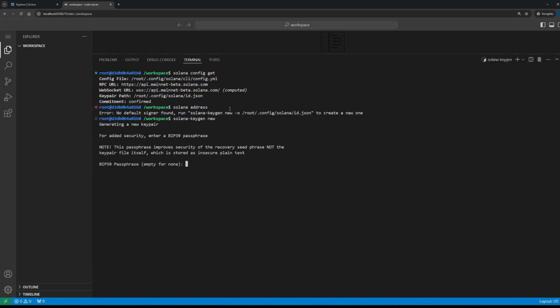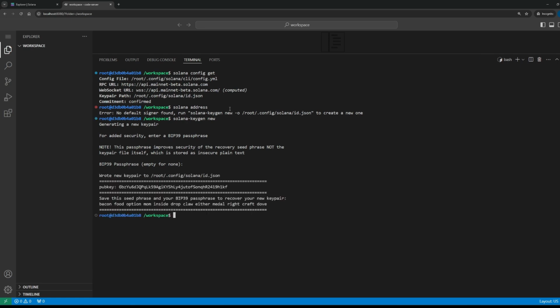So if you press enter, you can press enter a second time, and right now if I use solana address again, you can see that it already showed me some random letters. This is actually my public key. Right now, for example, this is my public key and this is on mainnet.